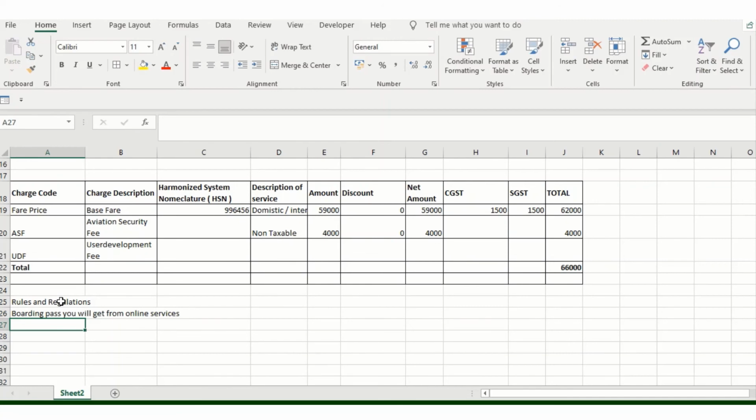And then if you want to add more, fees are not refundable, taxes included, you can just add those notes over here and keep it as is. That's fine.